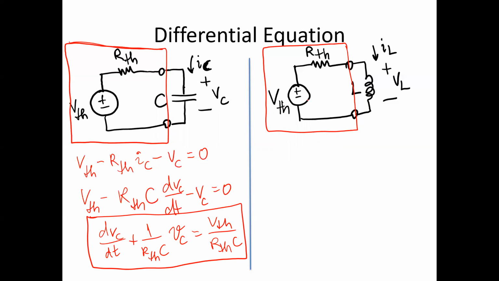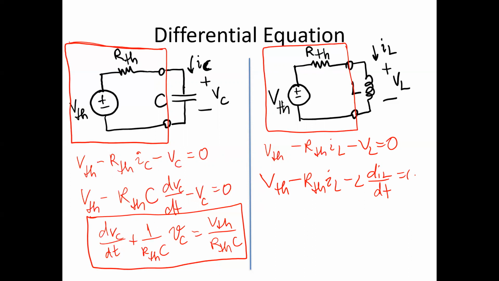Similarly, we can do the same derivation for the inductor. So again, we can write V Thevenin minus R Thevenin times, this time, IL minus VL equals 0. But now in this case, it's the inductor voltage, which is equal to the inductance times the derivative of the current. So if we go ahead and substitute for that, we can find that V Thevenin minus R Thevenin times IL minus L dIL/dt is equal to 0. And if we put it in standard form, we find that dIL/dt